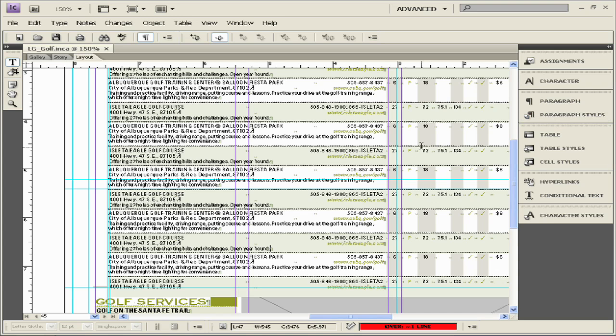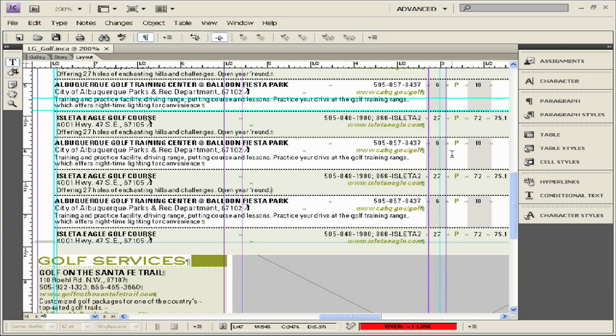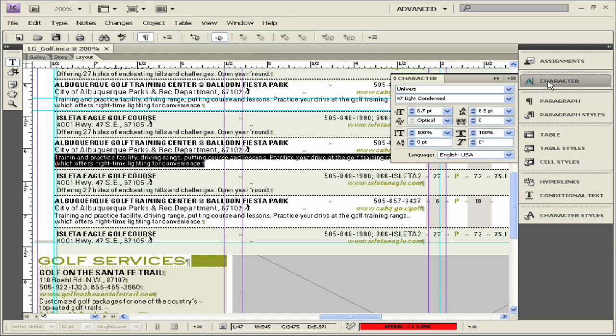Can you show me the squeeze feature? I know I've done it and it's been a while, because some of our listings we can't edit. Yeah, and we can squeeze it a little bit for you. What Lisa's talking about is adjusting the tracking, which would be making a manual change, which I don't really recommend, because hopefully your artist will have made you some squeeze styles that make it tighter, and if they haven't, ask them. But if in a tight pinch you need to squeeze something, go to the character palette